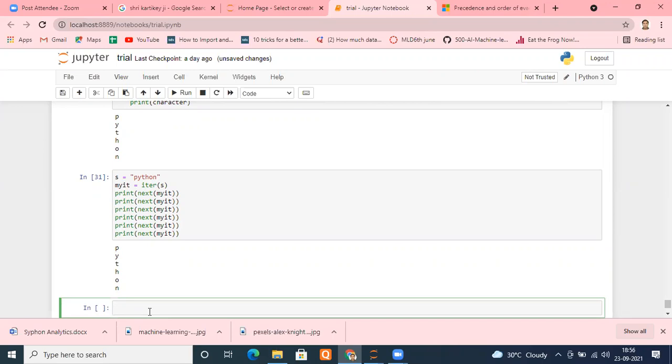Print hello as many times as you have characters in the string. So how can we do that? By using a while loop? No, again by the for loop only, because your string has a fixed length.